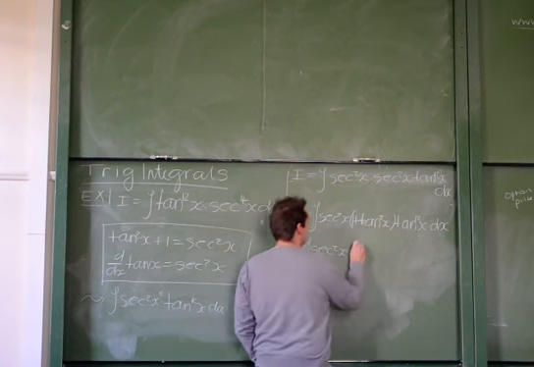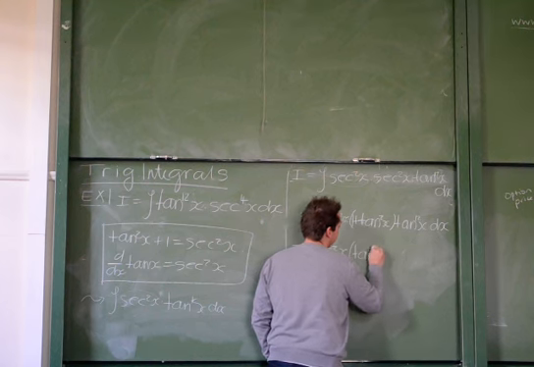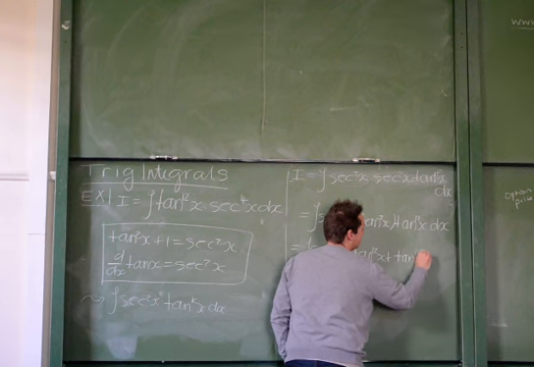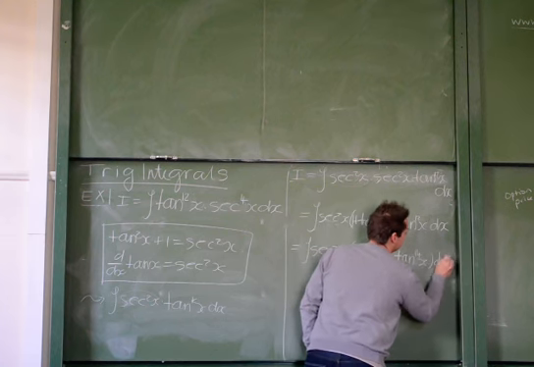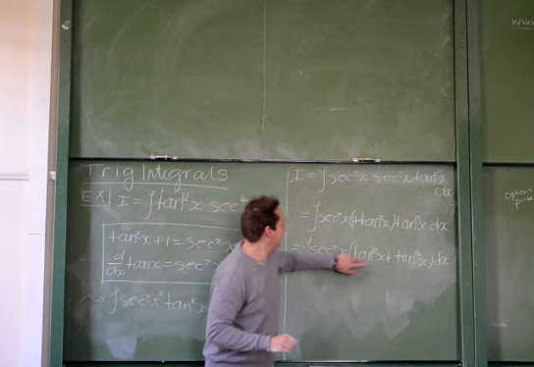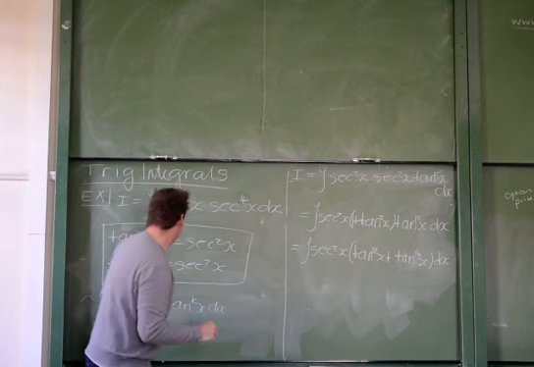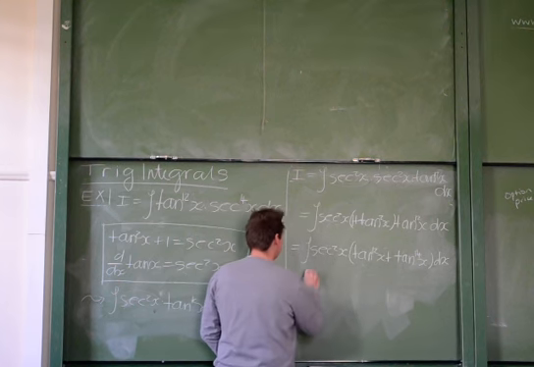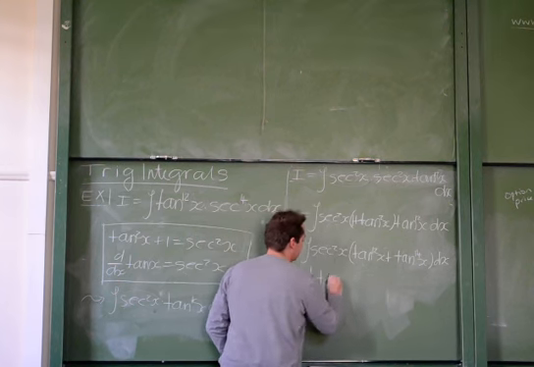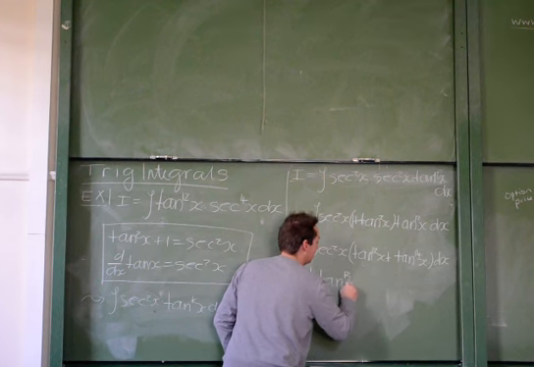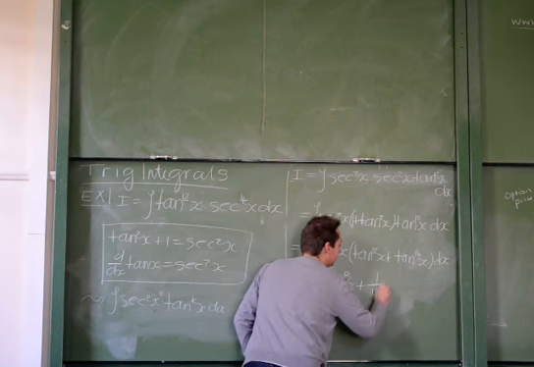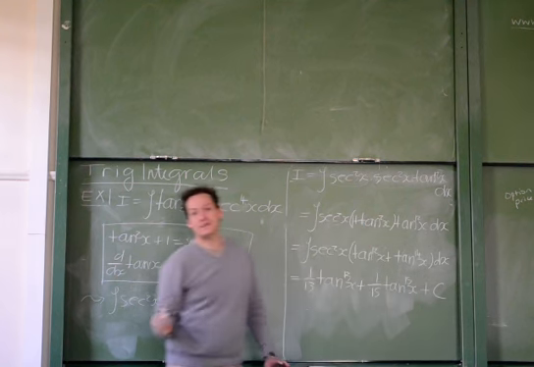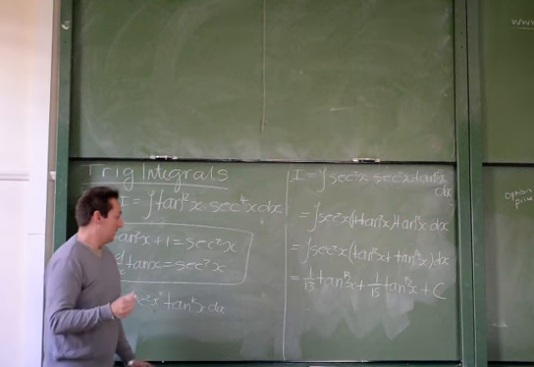sec squared x tan to the 12x plus tan to the 14x dx. So we have sec squared times powers of tan. Exactly what we want. Right? So integrating, we get 1/13 tan to the 13x plus 1/15 tan to the 15x plus C. Right? Now again,